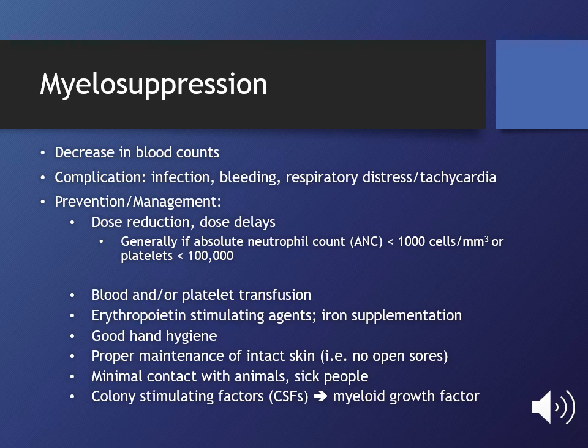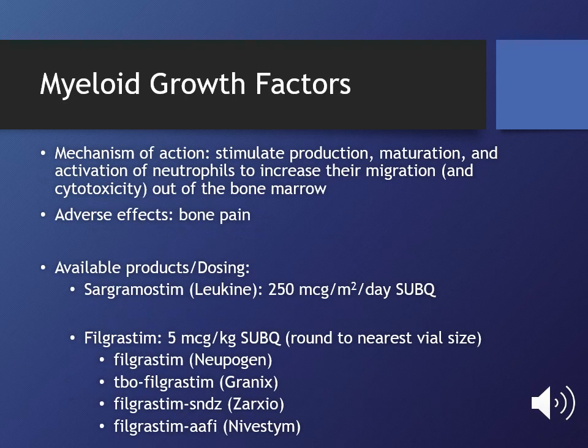Other precautions that are necessary include good hand hygiene and minimal contact with animals or other sick contacts. And then for neutropenia, the use of colony stimulating factors like myeloid growth factors may be necessary. Myeloid growth factors stimulate the production, maturation, and activation of neutrophils, granulocytes, monocytes, and macrophages to increase their migration out of the bone marrow. Because of its mechanism in inducing this inflammatory-like response, we tend to see bone pain as a